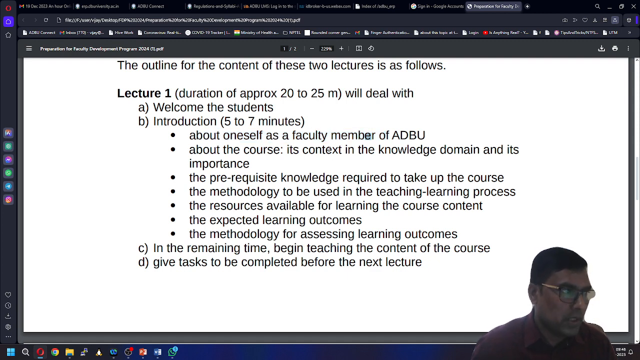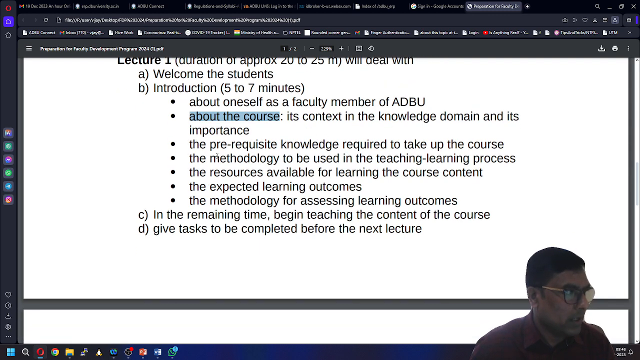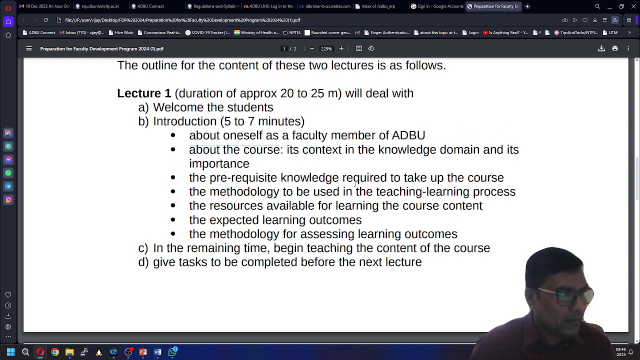So don't forget to mention your department and the school and your Assam Don Bosco University. Then you will explain a little bit about the course that you are going to teach and its context in the knowledge domain and its importance. Then if there are some prerequisites to this particular course, you can explain that, and the methodology